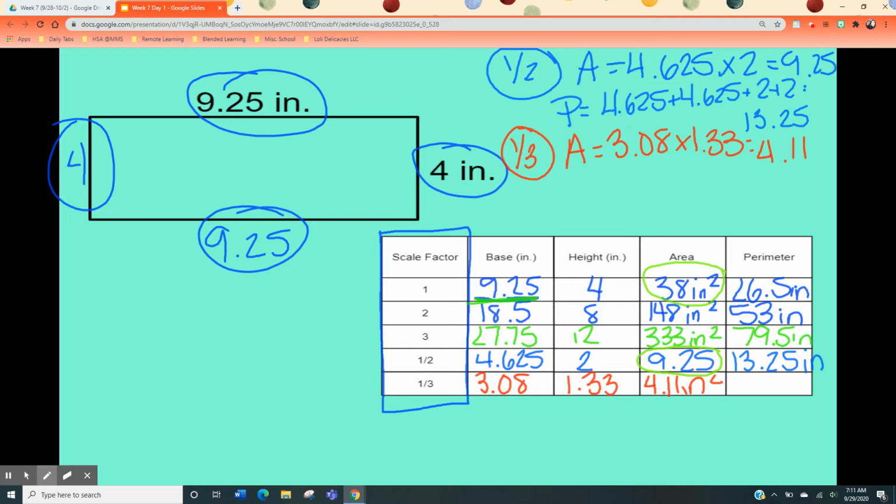And then my last perimeter is going to give me 3.08 plus 3.08 plus 1.33 plus 1.33 equals 8.82 inches. So that is what it looks like. Remember to always go back